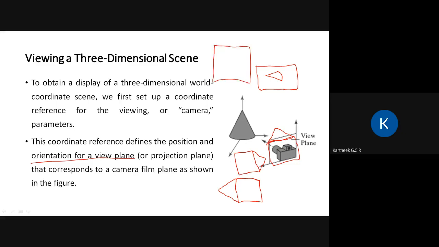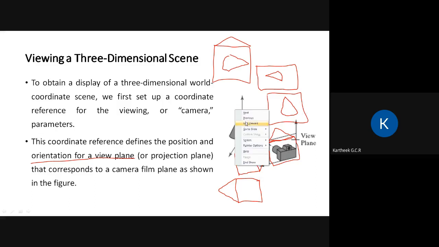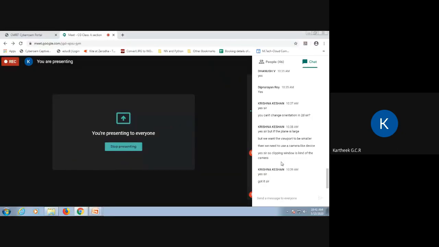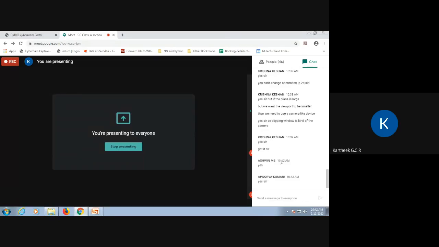See, the top cone is towards the right side, from the top, right? So if this is the top, then you would see the scene like this. On this plane, you are actually seeing the scene like this. I hope you guys got what I meant by orientation of the camera. Did you understand? I need others also to jump in and respond. Come on, people. Okay.